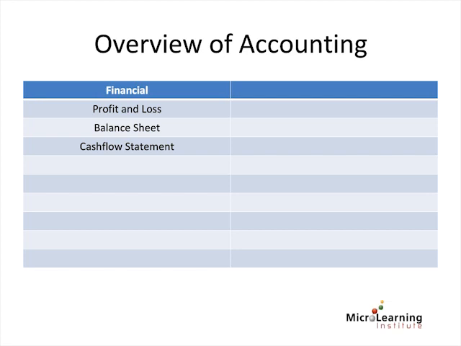So why does the financial accountant prepare these statements for the company? There's a legal requirement on companies to produce financial statements. If a company is quoted on a major stock exchange, the stock exchange rules require that a company produce a set of accounts at each year end. A set of accounts comprises at least a profit and loss, a balance sheet, and cash flow statement. Additionally, financial accounting information must comply with a legal framework. There are many financial frameworks. Examples include U.S. GAAP, IFRS, that's International Financial Reporting Standards, and many more.